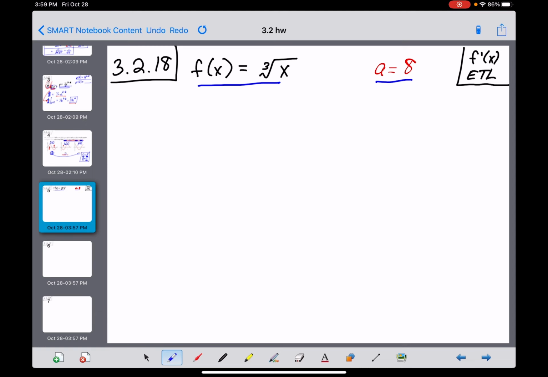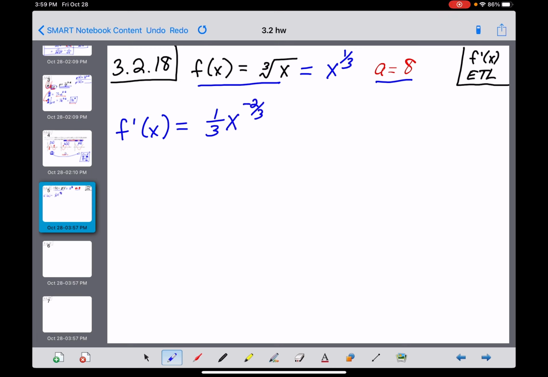This is not that bad of a problem once you recognize that we really don't know how to do derivatives very well with radicals. So if there's a way we could rewrite this so that one of the rules we know would apply, we'd be much better off. The cube root of x can be rewritten as x to the 1/3, and that means we can simply use the power rule to take the derivative of f of x. So here we go. Derivative of x to the 1/3 is a 1/3 multiplied by x to the negative 2/3